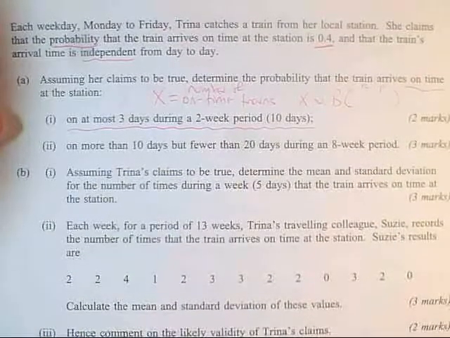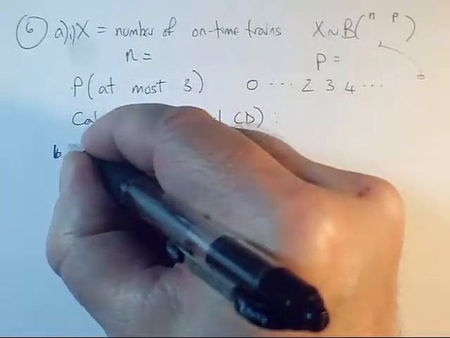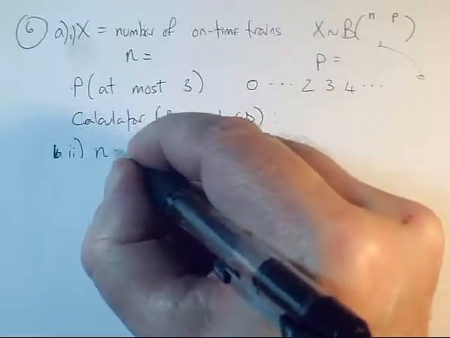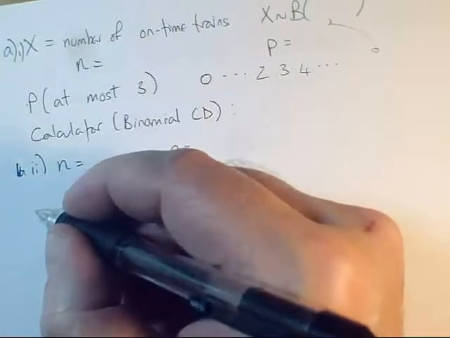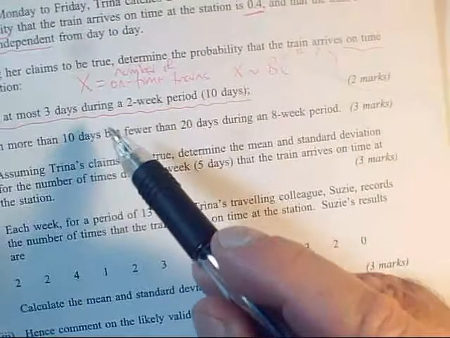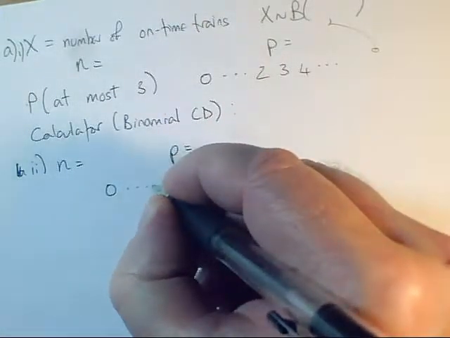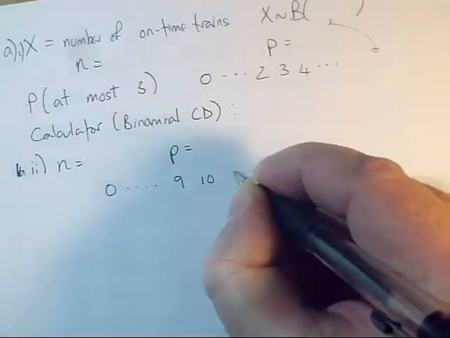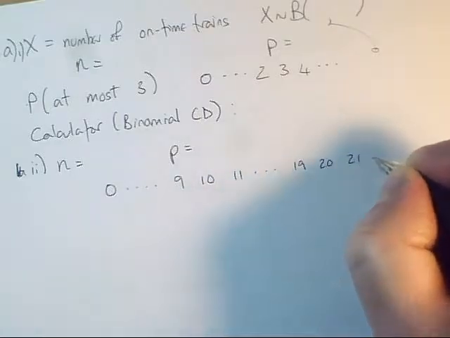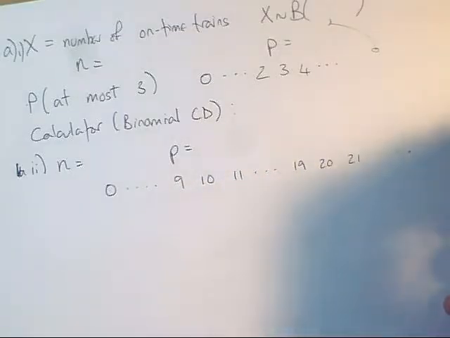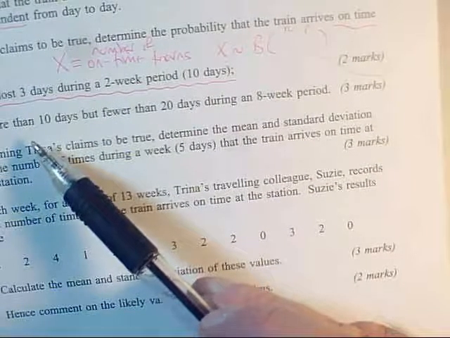Okay, so 8 weeks, 2 weeks is 10 days, so 8 weeks we're going to have in part A2 the same value of p, but we've got a different value of n. So we'll have n equals, p equals, okay, and now we want the probability of this particular range here. So you're going to need to do the outcomes 0, dot, dot, dot, we're interested in values around 10, dot, dot, dot, we're interested in values around 20, and then it goes all the way up to the maximum, whatever n is, and you need to draw appropriate boxes around this to isolate the probability on more than 10 but